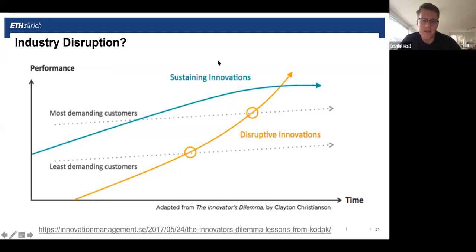And we can kind of have these sustaining innovations. I would argue BIM would be, in many ways, one of these sustaining innovations that enable us to do more and more. On the other side, you have this potential for disruptive innovations, and they might actually come from less demanding customers. They might be very simplistic, like mass customization for housing or an office building. They don't seem like they would solve the needs of these very complex projects. But what can happen over time is that if you perfect a new system and you get very good at it, you can actually ramp up the performance much faster to the point where you might even pass the performance of the other types of approaches.